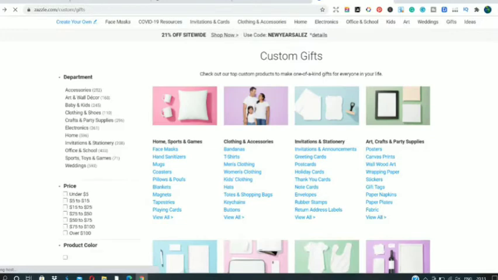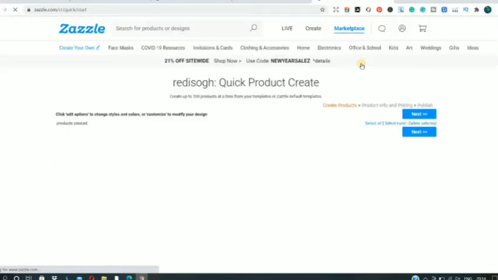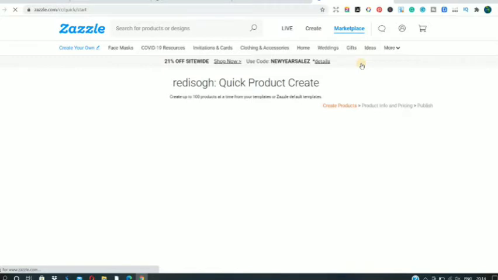The second way, guys, I'm going to show you is putting your designs on all the available products on Zazzle in just one step. Quick create is the option for you. I also do the same thing, guys. I just go over to quick create and create all the products for that particular design in a single step. I don't do it by creating a product one by one with the create new product option. So we will go into the quick create option, because we need to upload a design for all the available products on Zazzle in one step only.